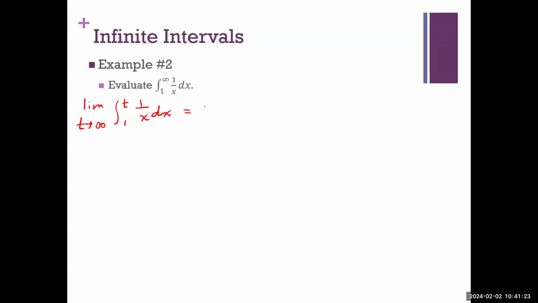So yeah, find the antiderivative, which is natural log of the absolute value of x. And something I always forget to do, carry this operator. So the limit as t approaches infinity of the natural log of the absolute value of x from 1 to t. And then